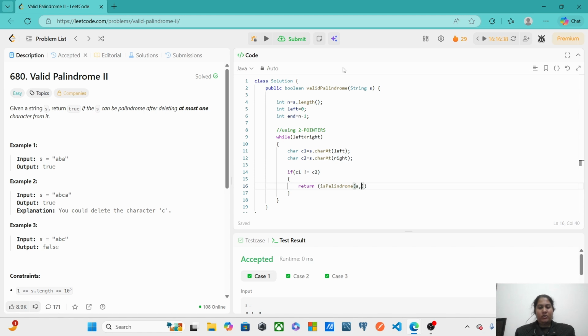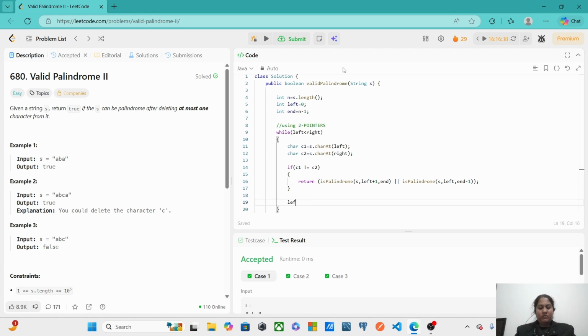So we'll take the original string from left+1 to the end, as well as we'll also check the other condition, where we take the original string from the left to end-1, when it is not containing the end character, and we'll return from these conditions,